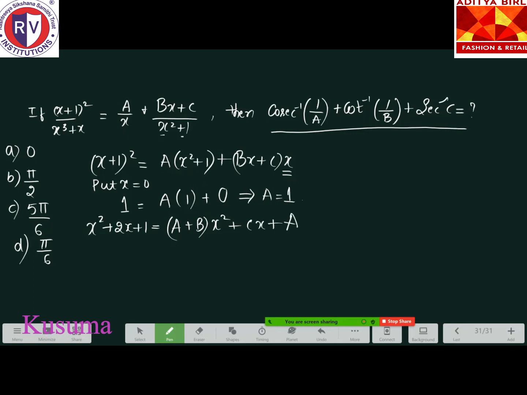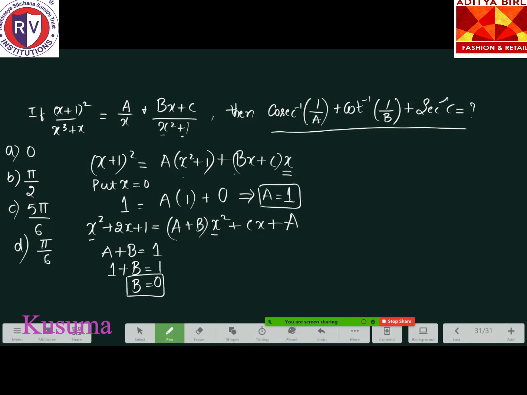So I'm multiplying all these terms and taking the factors that are common to x square, coefficients that are having x square. Okay. Now I'll equate the coefficients. So here it is x square and here it is x square. So let me equate the coefficients. So a plus b will be equal to 1. We know the value of a. A is 1. 1 plus b is equal to 1. Therefore, b is equal to 0. So we got the value of a and the value of b.